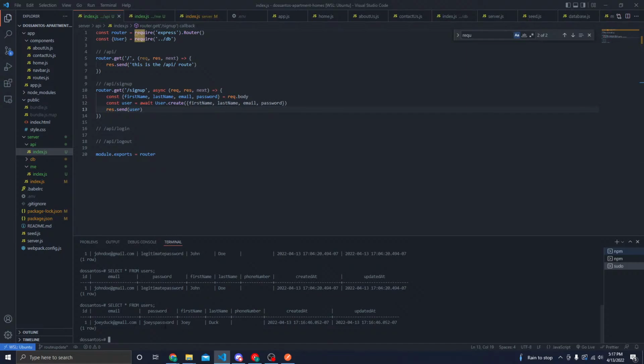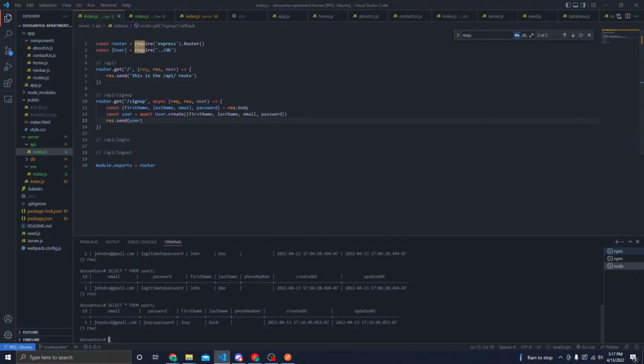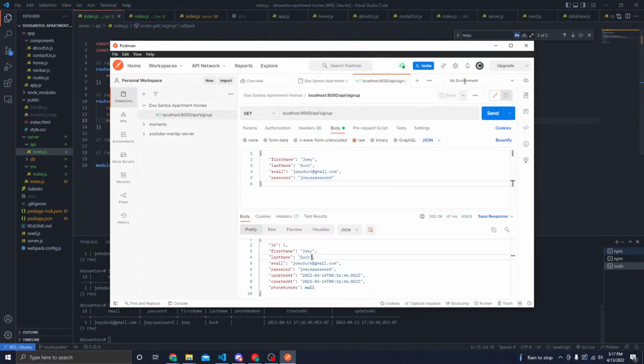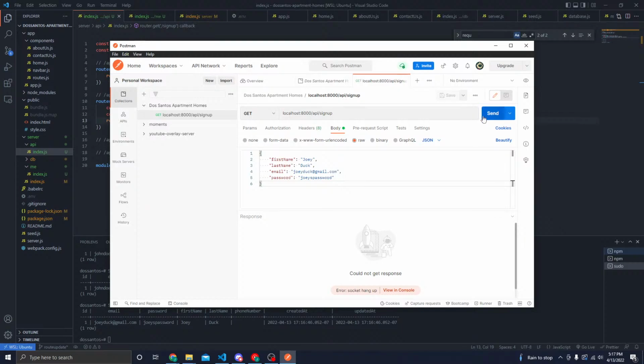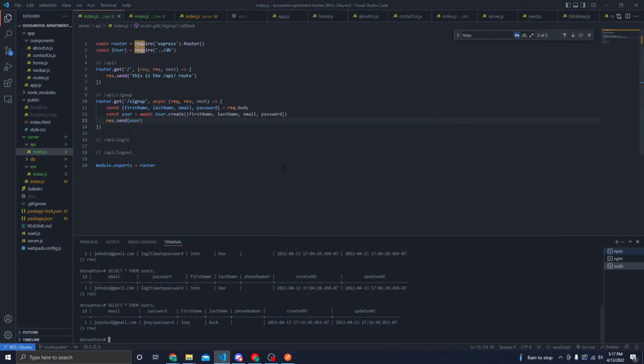Now I have Joey Duck, but I don't have Mr. John Doe. So now if I run this again, oh, this needs to be unique, and in this case, it is not unique. So one thing that I can do to make this a little bit more explicit is I can say find